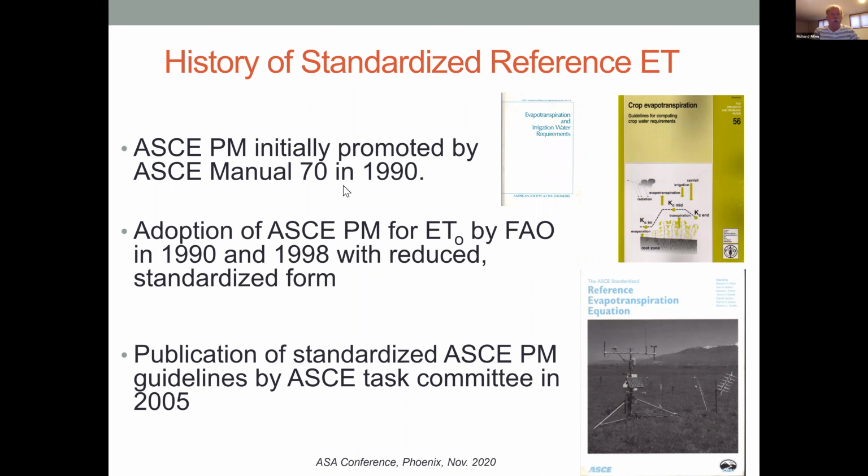Standardization was initially promoted amongst other groups by ASCE through Manual 70 in 1990. It was adopted by FAO in the 90s and brought into the FAO 56 publication in 1998. Then in 2005, a task committee of ASCE published a guideline shown here in the bottom right